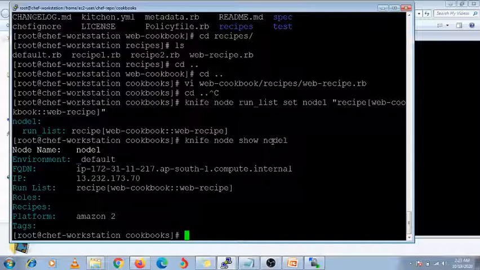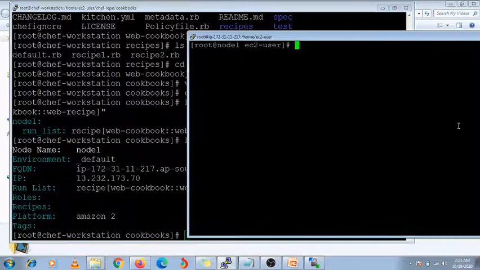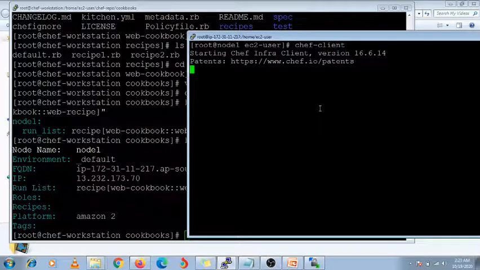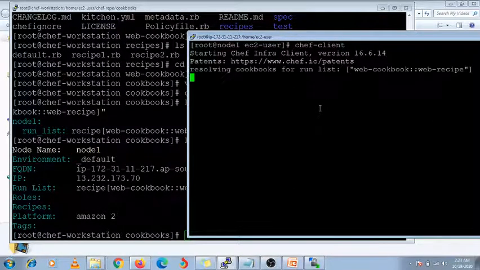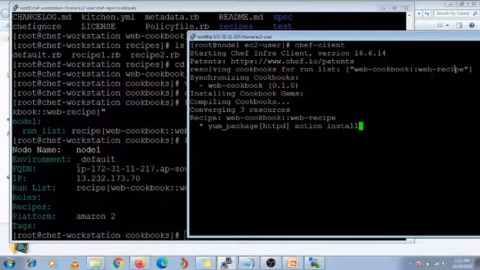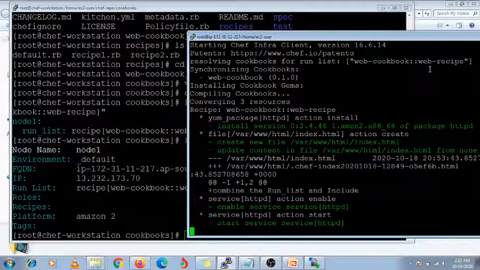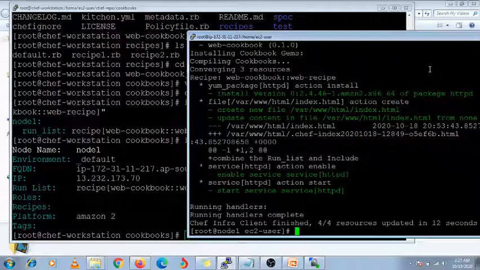Now on the client server you need to run one command, that is chef-client, and enter it. Whatever recipes you have uploaded from the workstation to your Chef server, this chef-client will automatically detect, because it is already connected with the bootstrap.